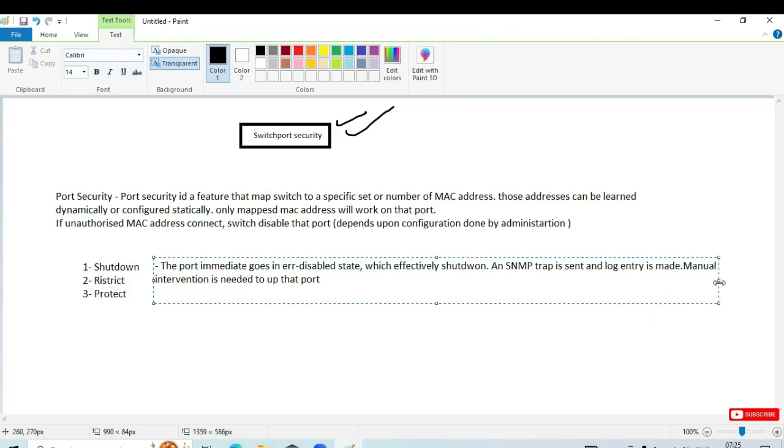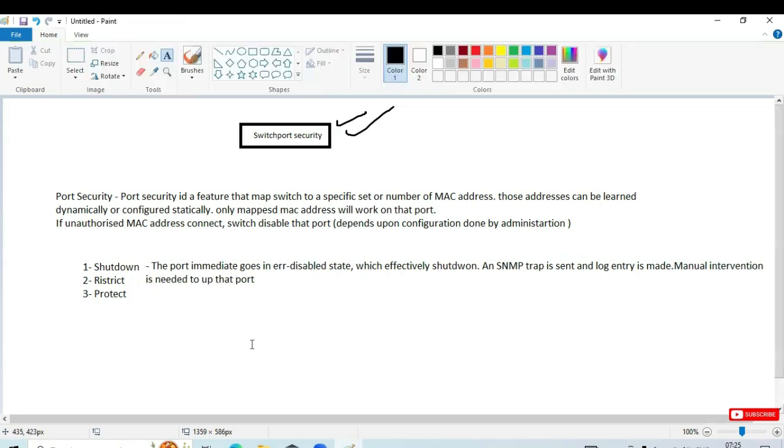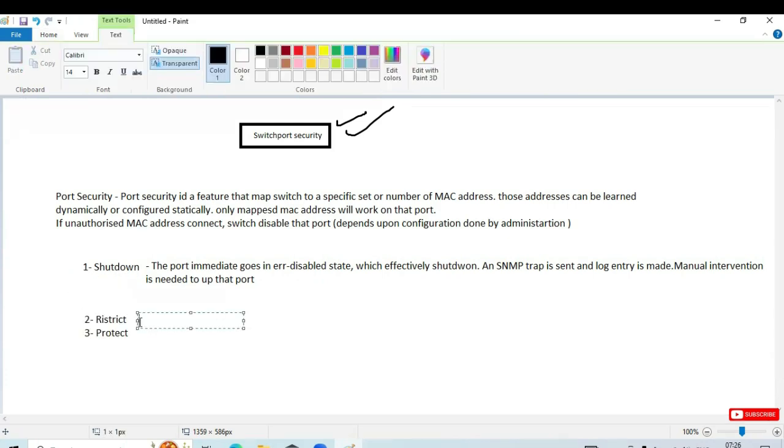Means the network admin has to come and do the shutdown and no shut, which means they have to bring the port up or down. Okay, so this is the first one. If you talk about the restriction, I will explain both, don't worry. But by doing the practical we can go through them one by one. In restriction, what happens? See,